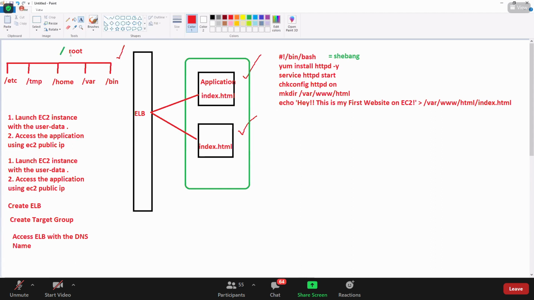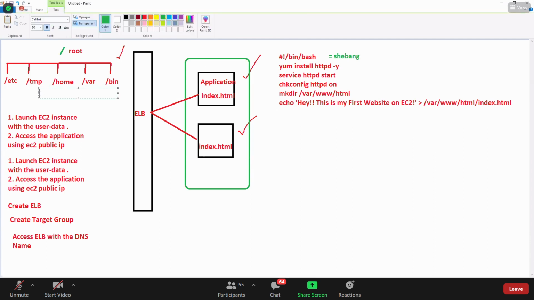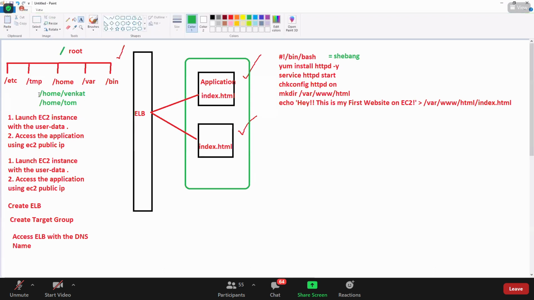The same way, whenever you log into a Linux machine, your own home directory will be created under home. Let's say, for example, Venkat has logged in. Slash home slash Venkat. If Tom has logged in, slash home slash Tom. Jerry has logged in, slash home slash Jerry. Every user who logs in will have their own home directory.